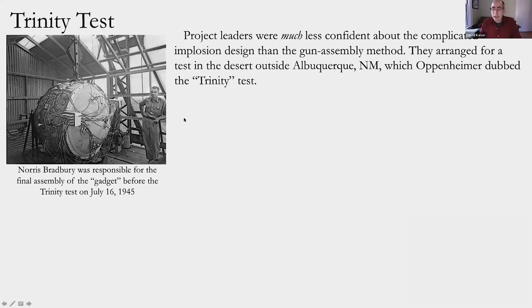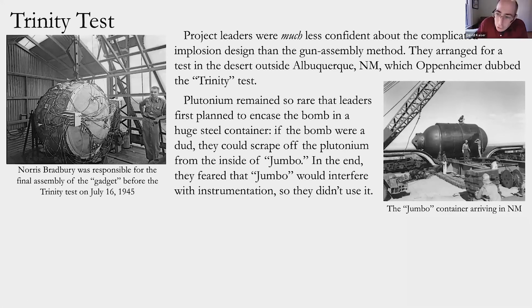So this was arranged not too far from Los Alamos. Plutonium was so rare, remember there was just barely eking out kilograms worth after that entire industrial effort at Hanford, that at first the idea was to surround this test bomb in an enormous, very thick steel container literally called Jumbo. They had to build a special railroad carrier just because this thing wouldn't fit on standard tracks and get it from where it was made, I think forged in Pennsylvania, to New Mexico ahead of time. So that if the bomb didn't work as expected, they could scrape off this very rare plutonium and try again. In the end, they wound up not using it,